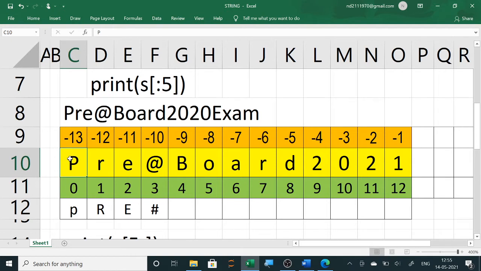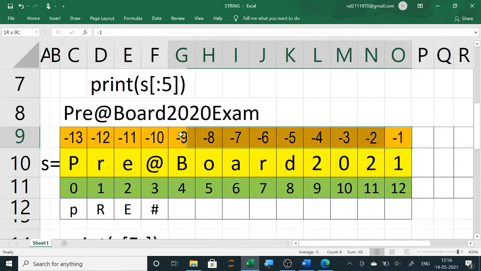Suppose I want to print only P, and the name of the string is S. So S equals, in single quotes, pre@board 2021. In forward indexing the first alphabet is stored at index 0 and so on, and in reverse indexing the last one is stored at index -1 and so on.